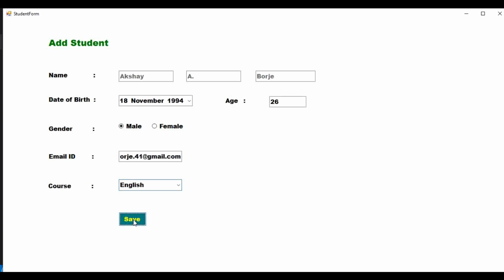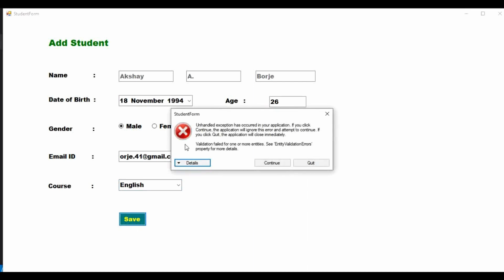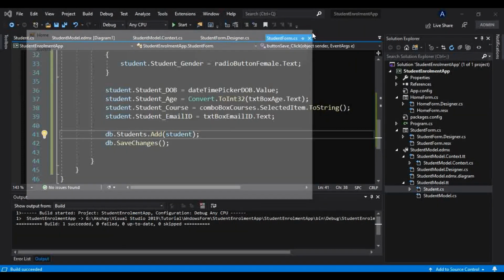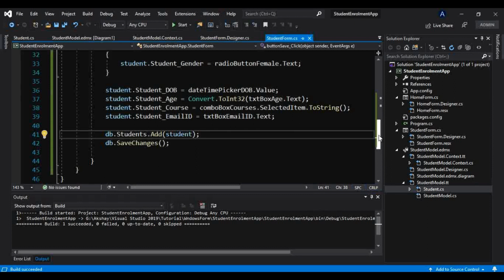Okay, so we will not come to know if it gets added because I have not shown any message there, so that is why I will use a try and catch block as well, so that we will understand if we are getting any exception, and a correct message we will get.